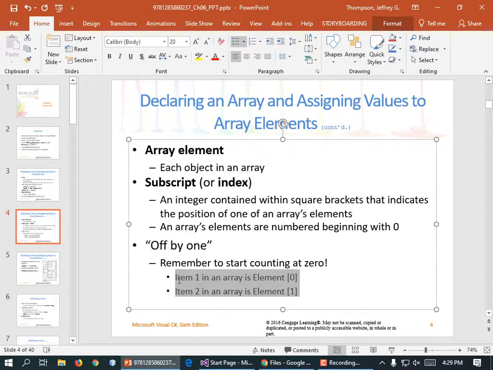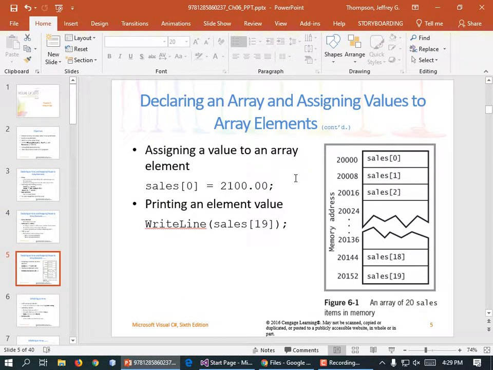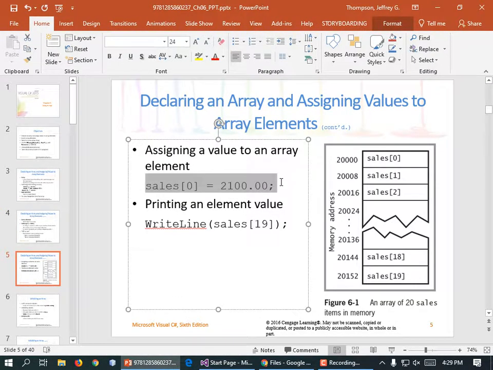When you print the contents of an array, a non-programmer user might prefer to see numbers 1, 2, 3, 4, and 5 rather than 0, 1, 2, and 3. So you might add 1 to the index as you print it out, and then subtract 1 if they type in an index number. And that's up to you. If the user's savvy enough to understand that there's an element 0, then they could refer to that directly. So sales subscript 0 is equal to